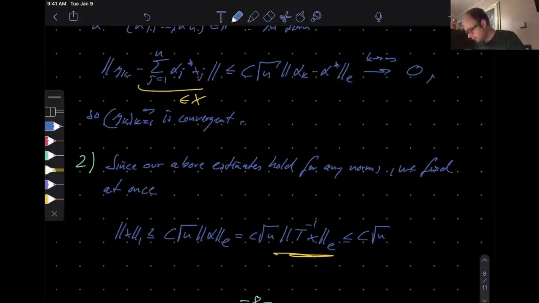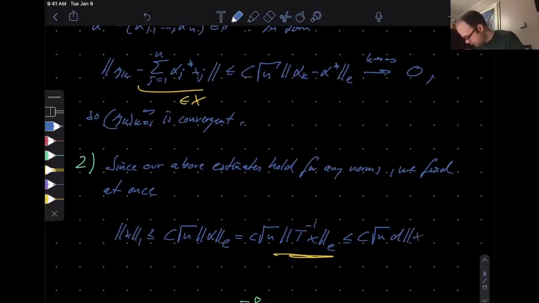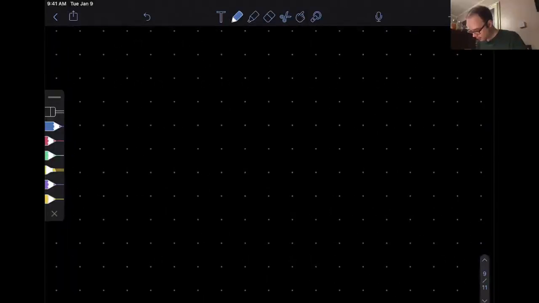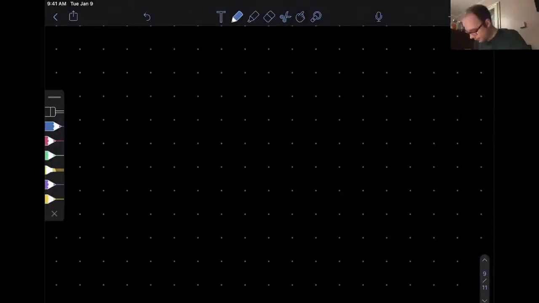So Cn, then there's a d times the 2 norm of x, and now again you do the same thing that you did from the left, just replace 1 by 2. Okay, so you continue this inequality,